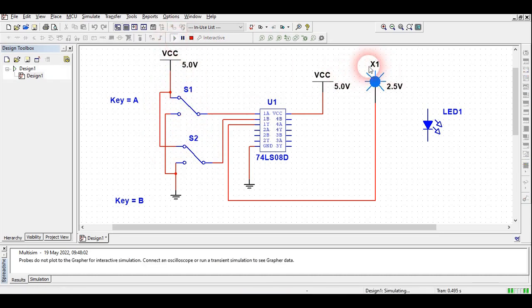So when you run the simulation, just see here the bulb is glowing. This probe is glowing. That means when both the inputs are high, 1 and 1, the output is 1. Suppose I switch this over. Now one input is 0 and the other input is 1. In that case also the output is